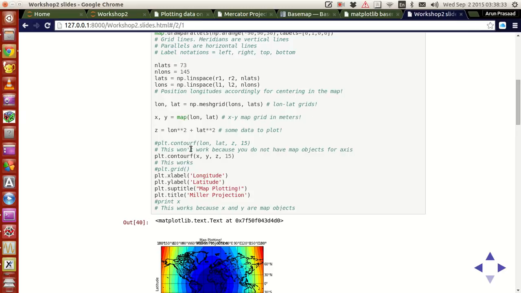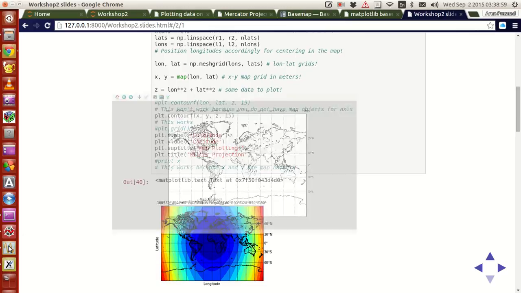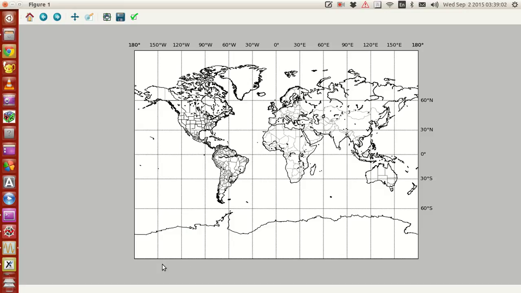If we use lon and lat directly, they are NumPy arrays, and if you use them in plot contourf, then the plotting will not superimpose because the ranges will not be consolidated. The reason is lon and lat just have latitude and longitude values, but in the map the distance is not marked in latitudes or longitudes. They are actually marked in meters. So what you need is that you need